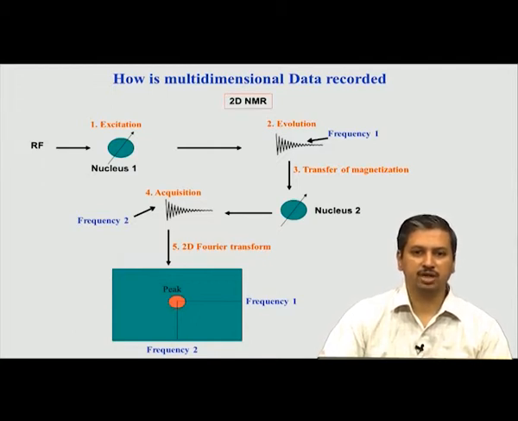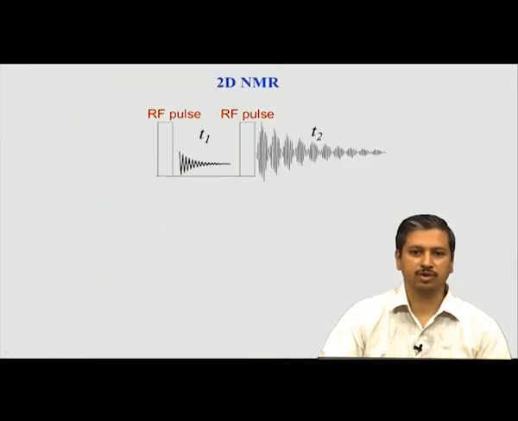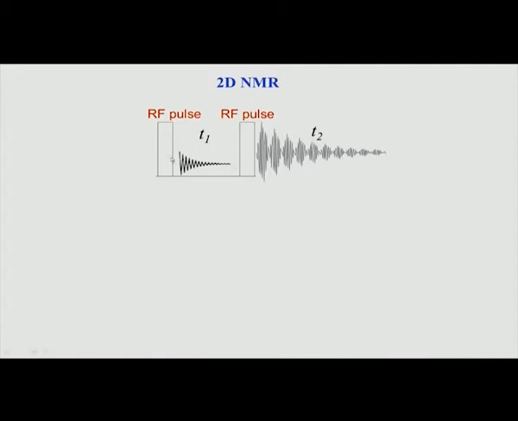Now, let us see how physically, I mean this was a schematic, all this was done as a qualitative explanation. Now, actually in an NMR instrument, how do we record or carry out a 2D? So, we will see here. This is where we start again. If you remember the previous slide, we saw that we first apply an RF pulse. Now, here we are not showing which nucleus you are applying it to, so let us make it a very general scheme right now. We are applying generally a pulse which will affect all the protons. Okay. So, it is not only applicable to one particular proton, it will be applied to all the protons in the molecule.